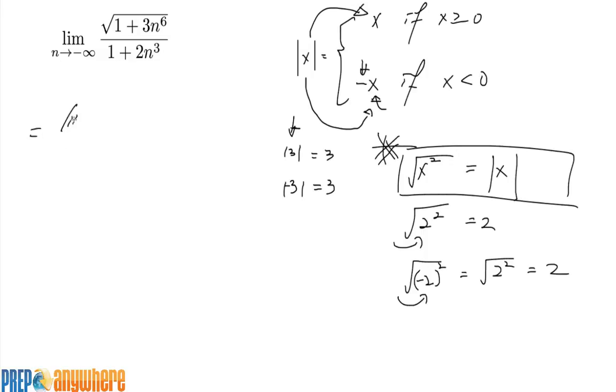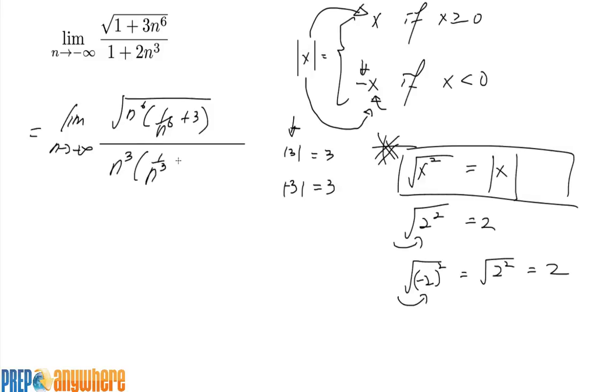Let's again factor out the highest power from the numerator. Inside the square root first, n to the power of 6, and you get 1 over n to the power of 6 plus 3, all over, from the bottom let's factor n to the power of 3, and you get 1 over n to the power of 3 plus 2. Using the property of square roots, we can say this is square root of n to the power of 6